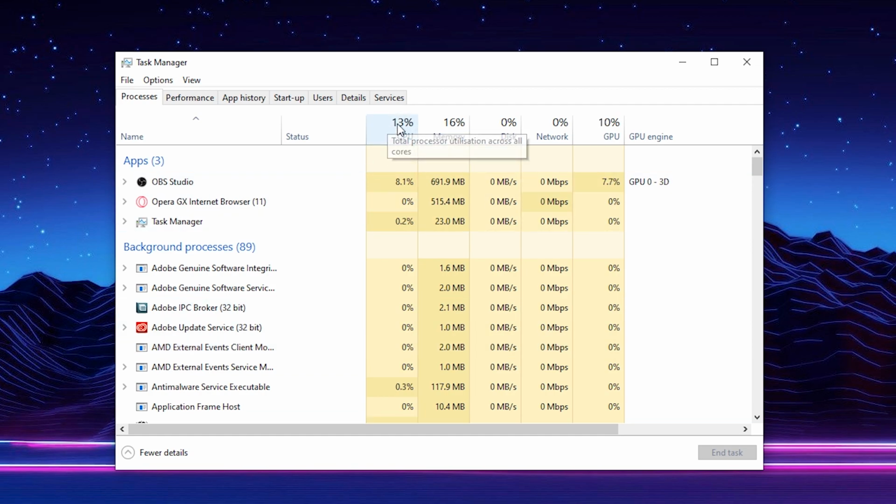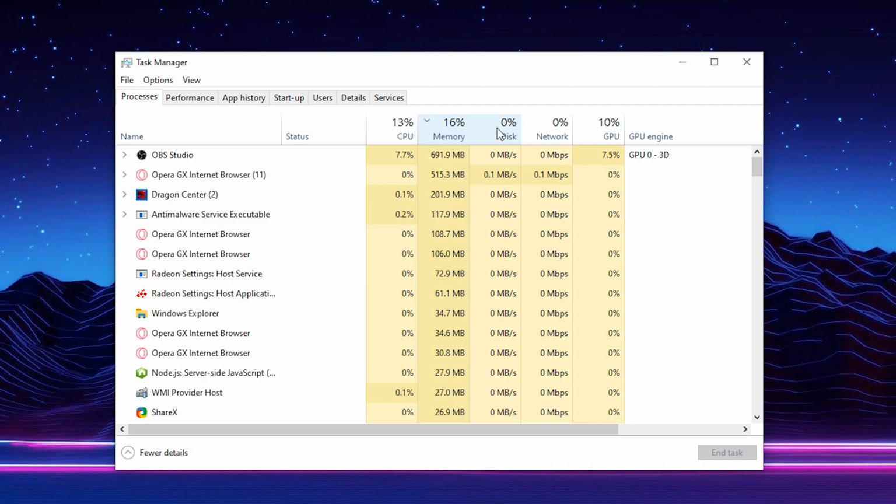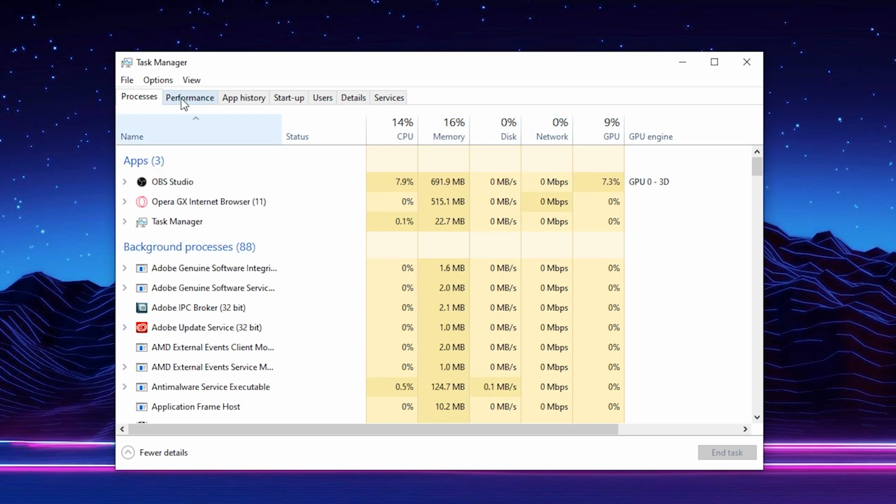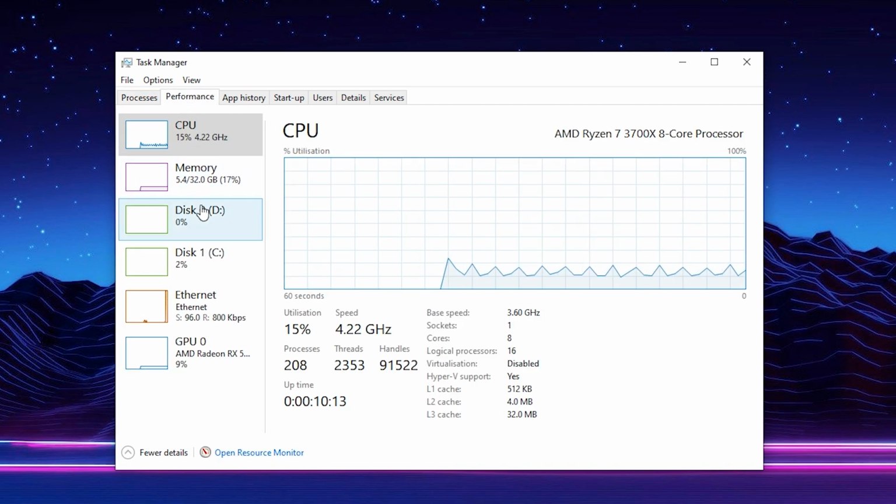We can also see how much percentage of our CPU, memory, disk, network, and GPU we're using, and you can then sort them by clicking the top of this to see which apps are being the culprit and causing the most effects. One thing I also like to see is clicking on the Performance tab, where we can then see